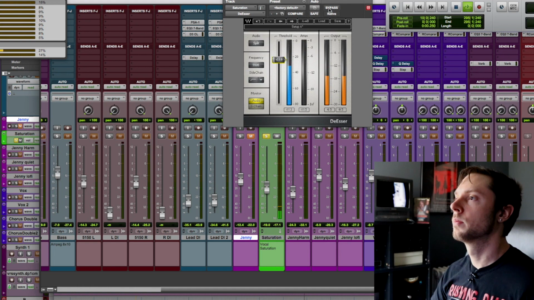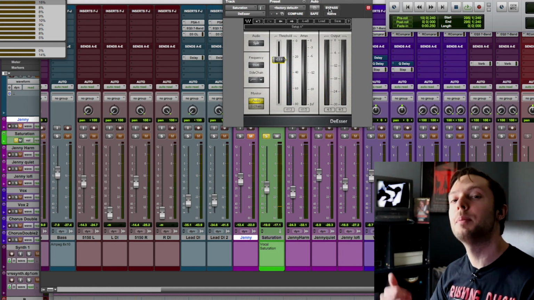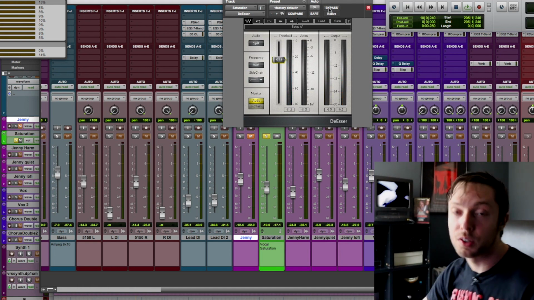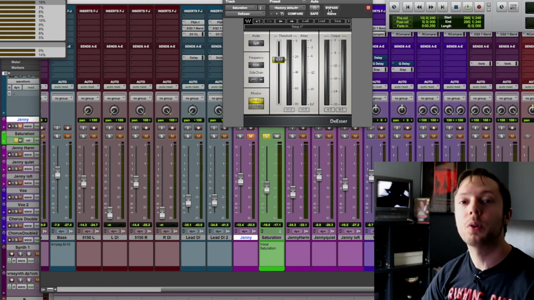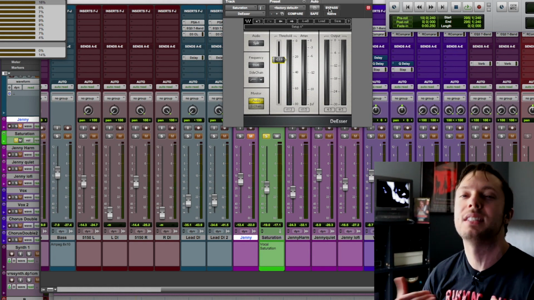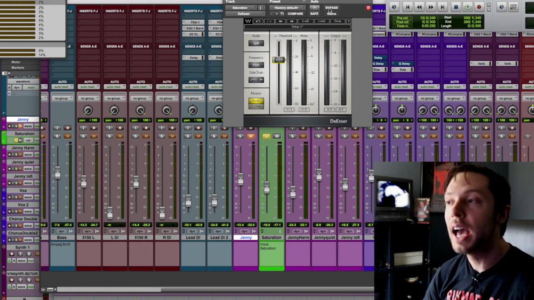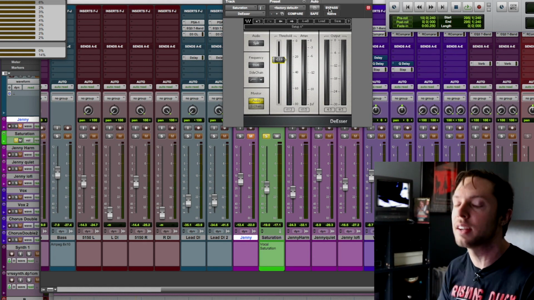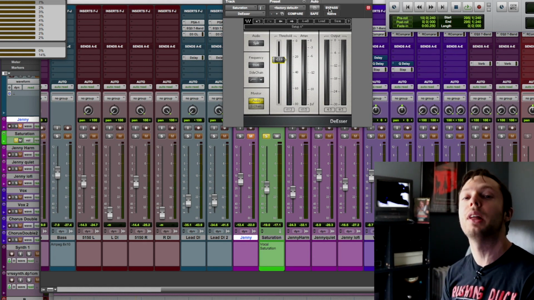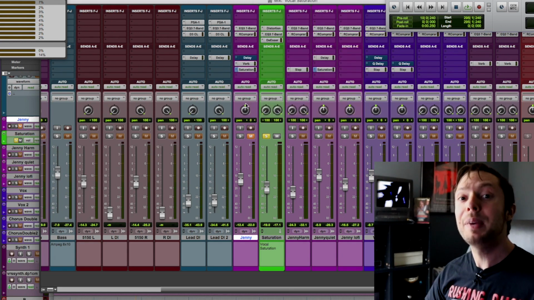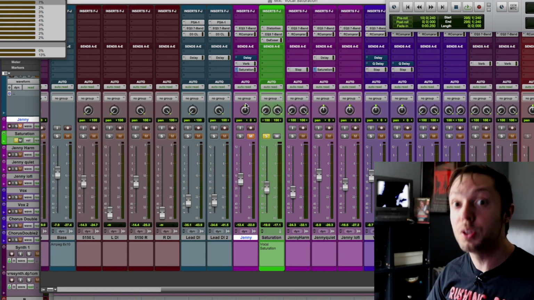Yeah, the de-esser is just keeping her sibilances in check, because what ended up happening was when I added this effect to her vocal track, it was really over-exaggerating all of her sibilances in a very non-musical way. And I wanted this to just make the vocal track sound a lot warmer, a lot more lush, and just make it blend well with the guitar tracks. So with that being said, let's listen to the vocal track on its own, the original one, and then I'm